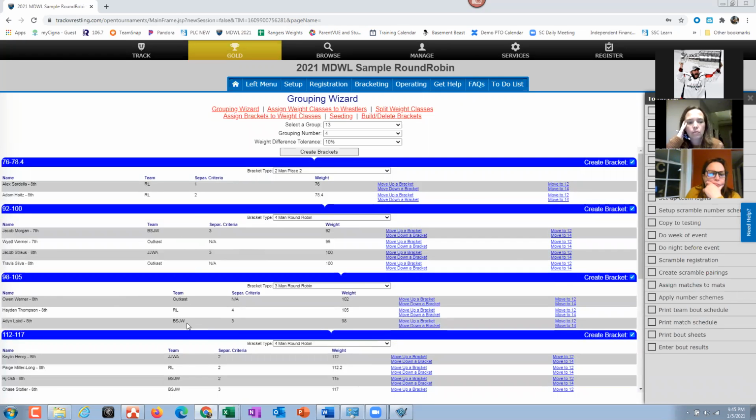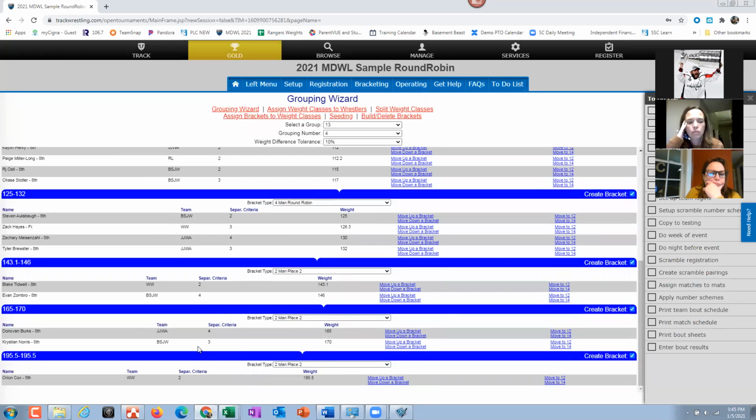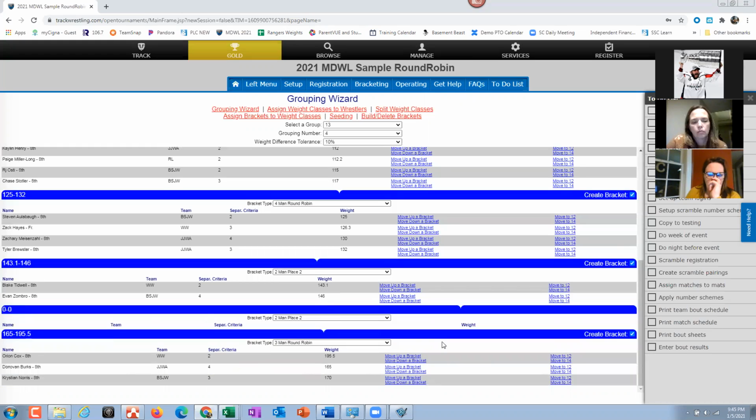Like I don't have 4, 4, 4, 4. It's doing it based on the weight. So a couple of things here. The 165 to 170. I got a guy here that's 170. This guy's 195. Say you wanted to combine these, you talk to the people, and Donovan and Christian are good. All you do is you just do move down a bracket. This is kind of weird because you would think it'd be move up, because move up in weight. Unfortunately, it's move down because that's actually physically going down.